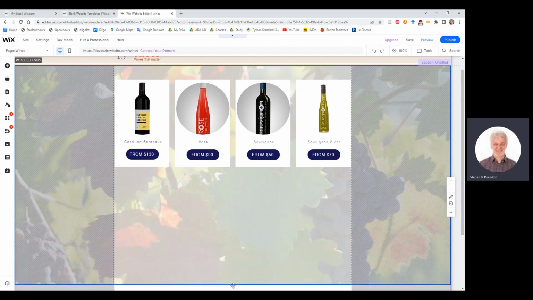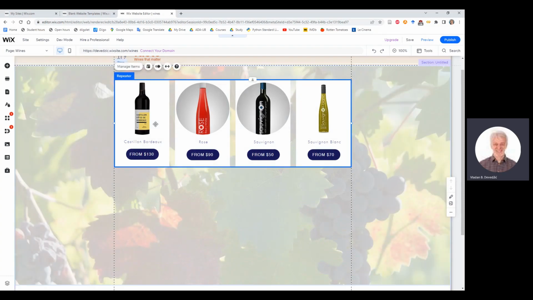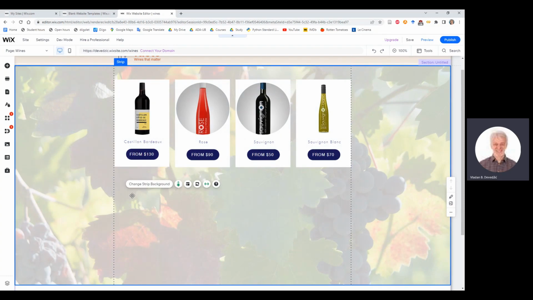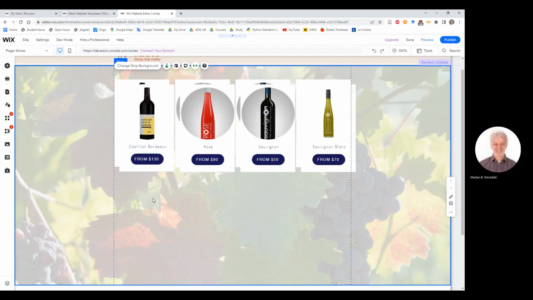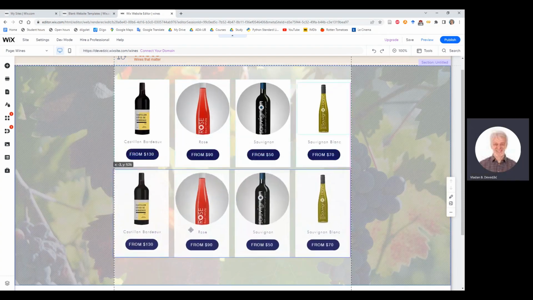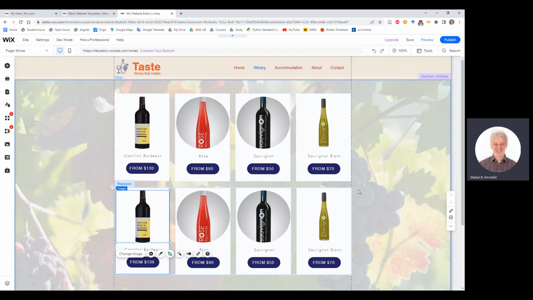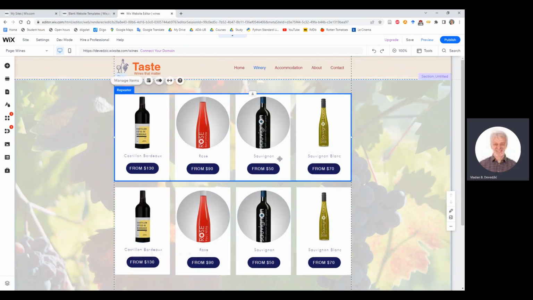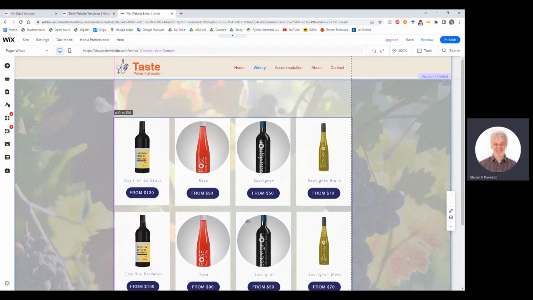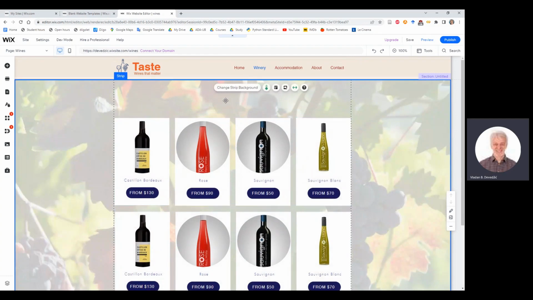Let me just copy the repeater, the whole repeater as well, just simulating that we want to use or to sell or advertise more wines from our vineyard. This is how you do it. Of course, you can then go here and change all the elements of this other repeater. We know how to do it, so I don't want to go into that right now. Maybe we can only add something else here, up there,